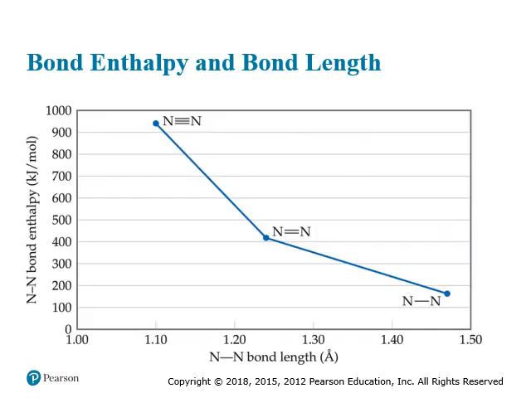Here we see a correlation between bond enthalpy or bond strength and bond length. If we take into consideration the series of nitrogen-nitrogen bonds that can form, we find that a nitrogen-nitrogen single bond is the longest, while a nitrogen-nitrogen triple bond is the shortest. Does that make sense? Well, if we consider the atoms in question having electrons between them in terms of bonding electrons to glue them together,